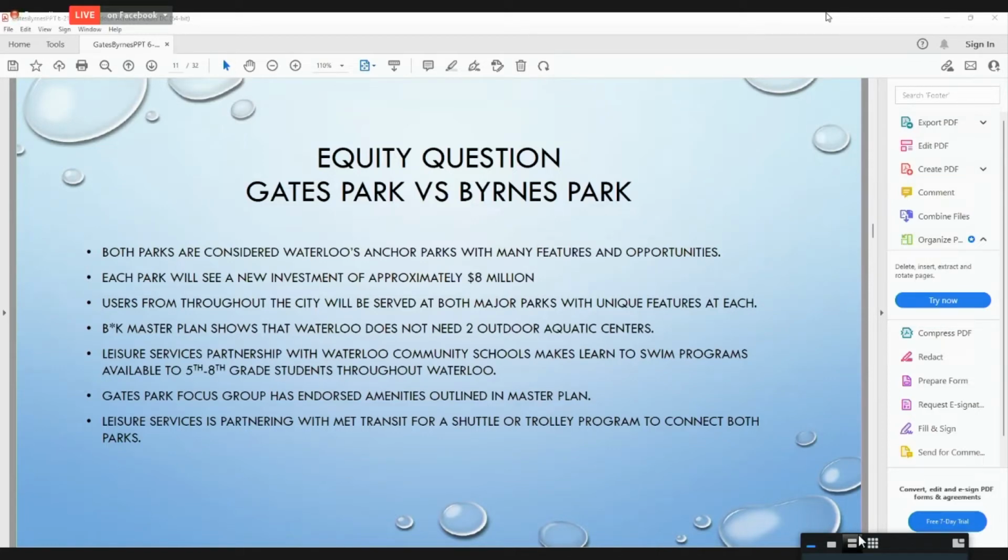But Gates and Byrnes Park have traditionally been the two major parks in the city, kind of the signature parks. So it was important to have a similar investment in both. Both parks have golf courses and a whole variety of other facilities. They're community-wide attractions. So this plan will attract users from throughout the city to both major parks, and it probably will go well beyond the borders of Waterloo with some of the features that Mark will tell us about in a little bit,